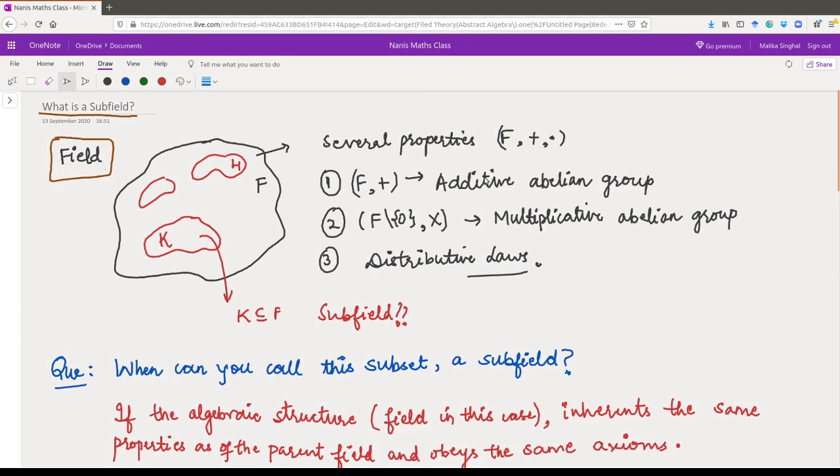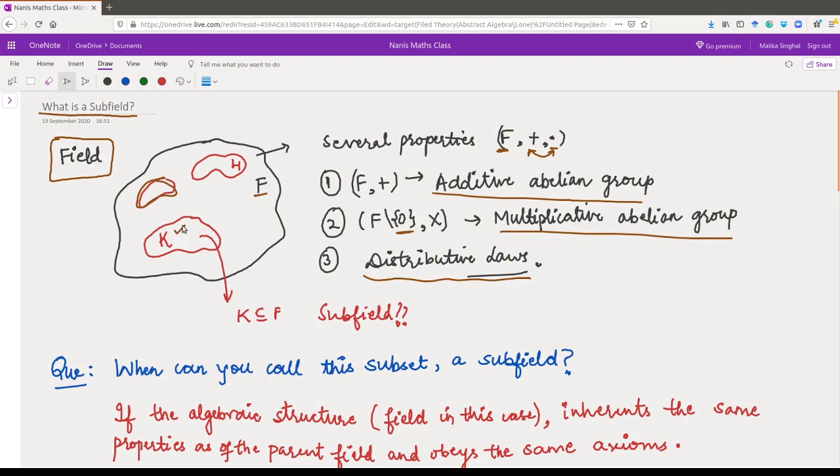It is a set defined together with two operations, forms an additive abelian group, forms a multiplicative abelian group where you exclude the 0 from the set because for 0 we cannot define multiplicative inverses, and we have the distributive laws combining these two operations. We already know that. Now the question is, if we take any subset of this set F,